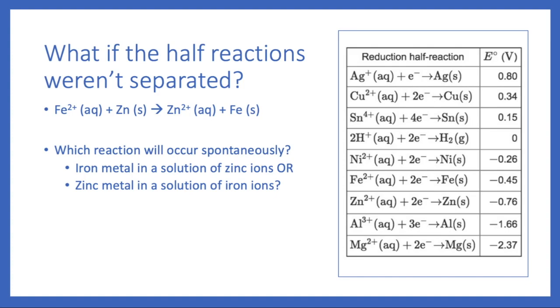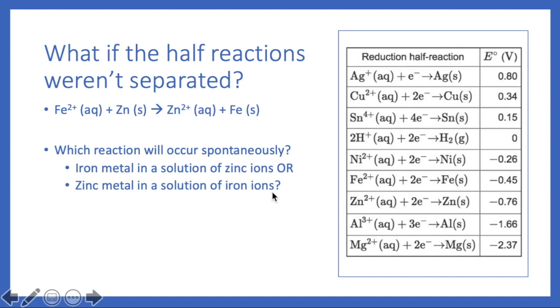Well, we did figure out our spontaneous overall net ionic equation that we had here. And this gave us a positive E0 measurement, which tells us that that's a spontaneous reaction. So we're looking for iron ions, that's Fe2+ aqueous, with zinc solid, which is our zinc metal. So if we wanted this reaction to occur spontaneously, we would want the zinc metal in a solution of iron